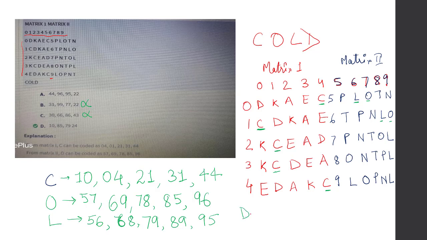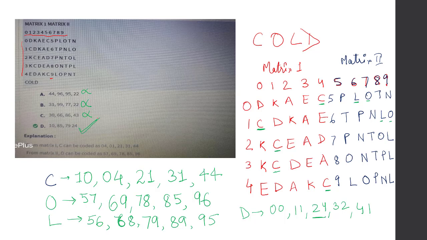For D, the codes are, let's have a quick look. It's 0 0, 1 1, 2 4, 3 2 and 4 1. Okay, now this is where we would be able to eliminate option number A also. Why? Because 2 2 is not the code for alphabet D, but 2 4 is. So our answer is option D.